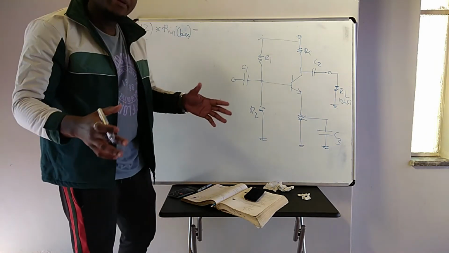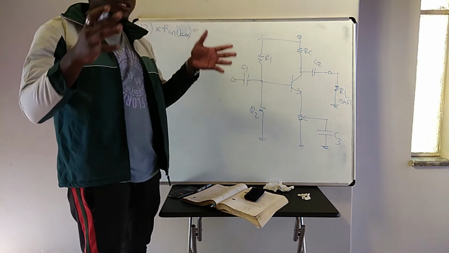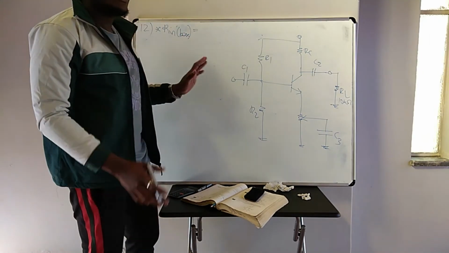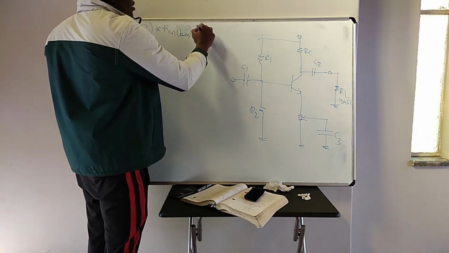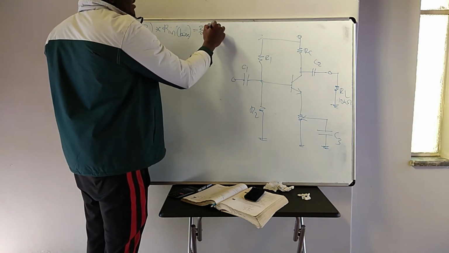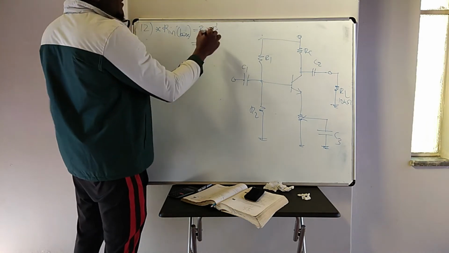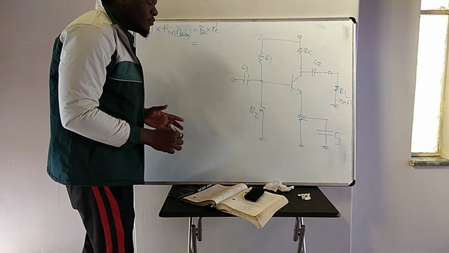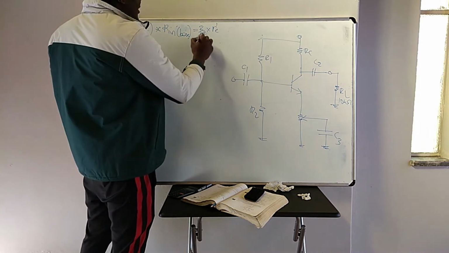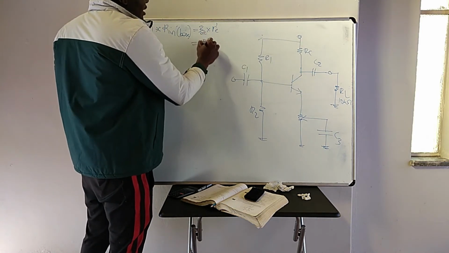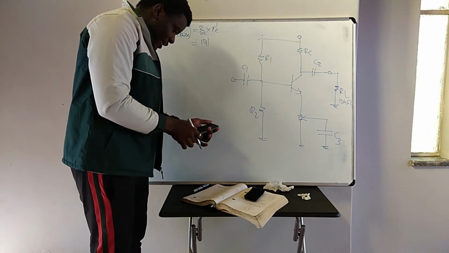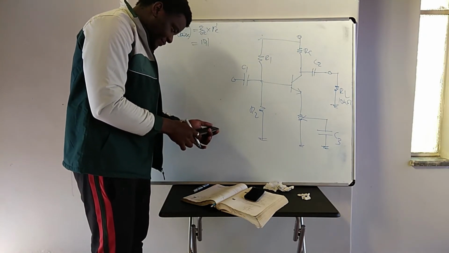But my R in base won't change, because we still have our capacitor here. It's going to be beta AC times R accent E, which is the same thing that we got in that previous question. It was something about 100. So let me calculate again.